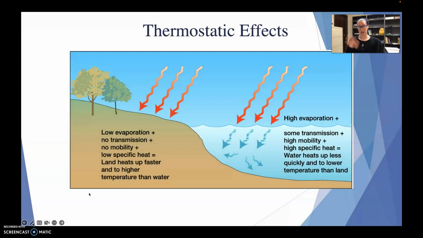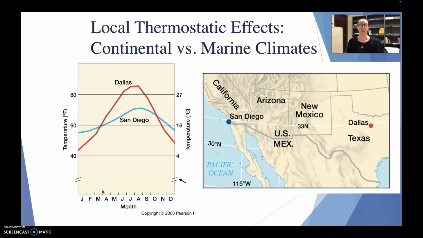So overall, climatologically speaking, that gives us some really interesting comparisons between cities at the same latitude. So if we were to look at, say, San Diego, California versus Dallas, Texas, they are at the same latitude, so they get the same exact angle of sunlight, meaning they should, in theory, have the same temperature throughout the whole year. Whereas that's actually not the case.